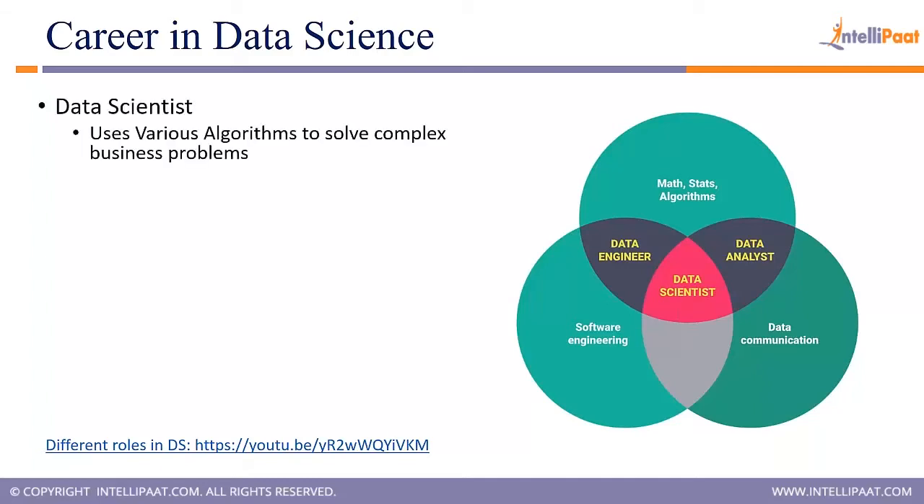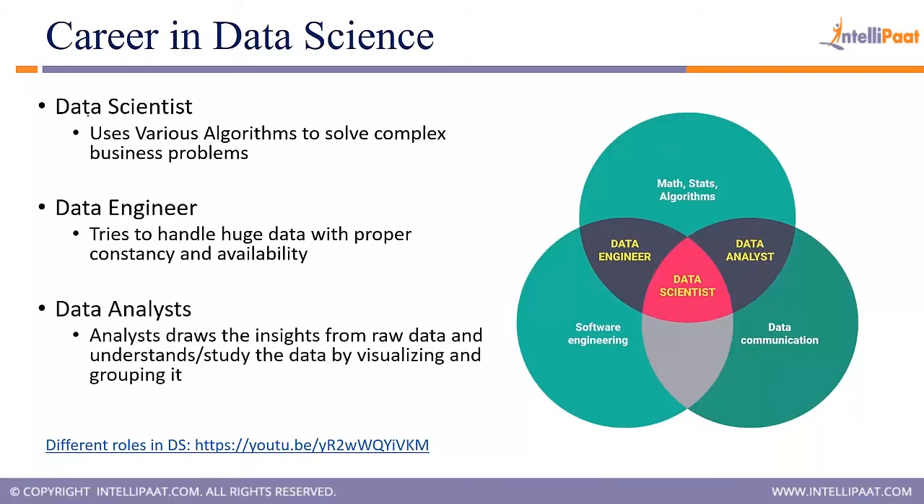I just put down some of the notes here. The entire job of a data scientist is to develop algorithms to solve some complex business problem. It can be anything, right? So generating the algorithms is the main task for data scientists as such. And coming to the data engineer, they need to handle huge data, right? With proper consistency and availability. Here, huge refers to probably more than terabytes or petabytes of data, not just GB,